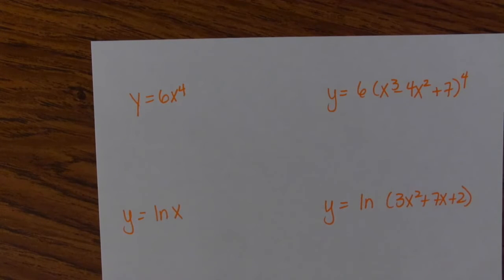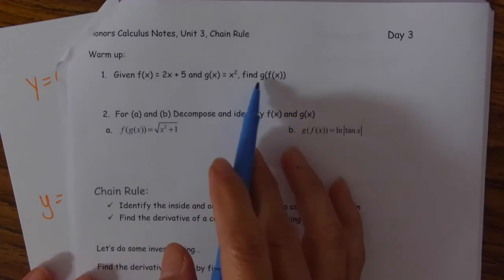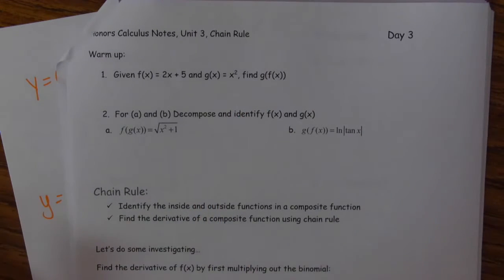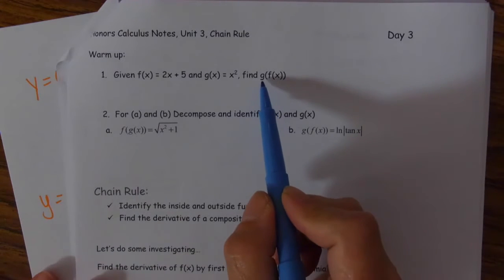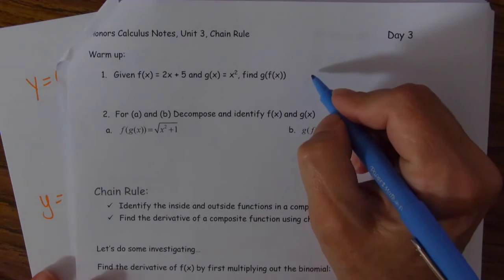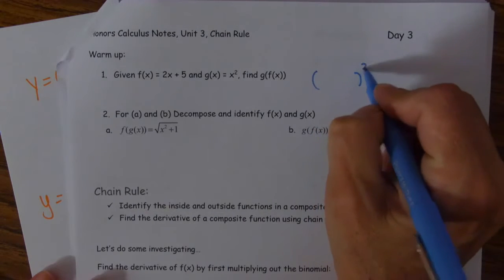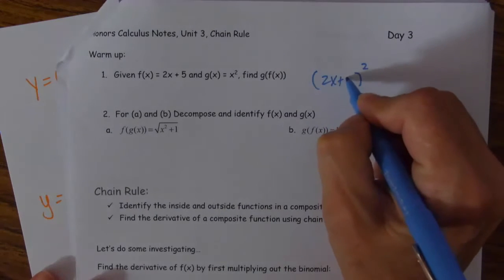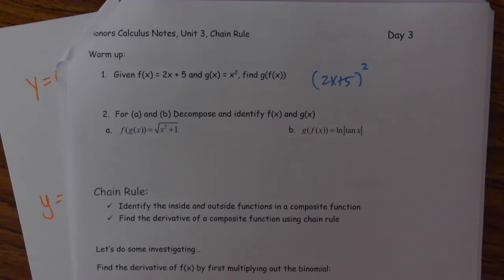So we're going to start with what we call the chain rule. And what's happening is we have a composite function, right? Like when you think back to last year in pre-cal, we had things like f of g of x and g of f of x. Those are composite functions, meaning I plug one thing into another. So when you look at those, when it says find g of f, that means I write down g and I put f inside. Well, the chain rule is helping us figure out how to find the derivative of something